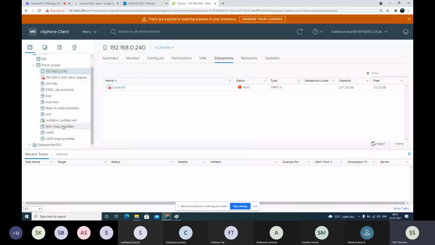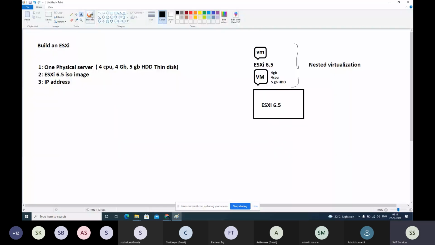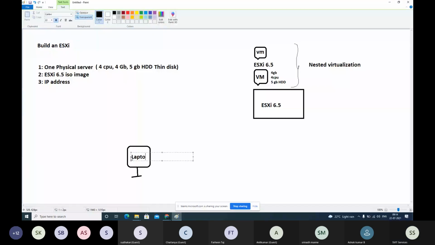Understood? Okay, fine. If you are using a laptop, let's say you have a laptop here. That's the lab option 1 we discussed some time back. If you have a laptop with Windows 10 operating system, here you install a hosted virtualization product, a hosted hypervisor product called Workstation from VMware.